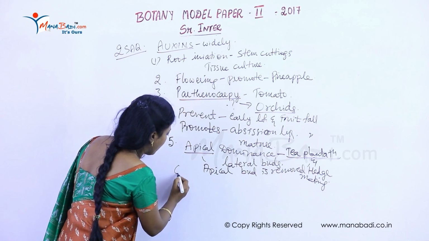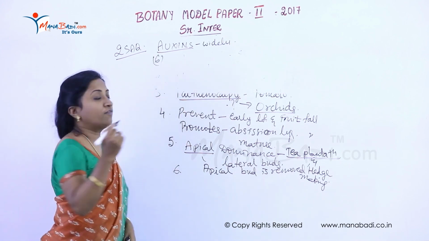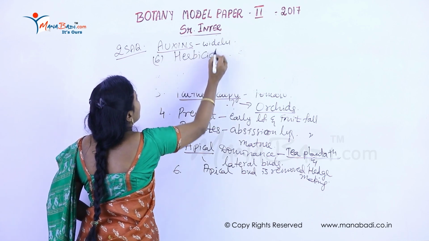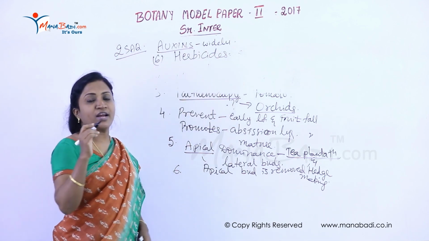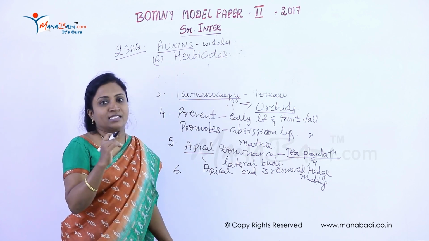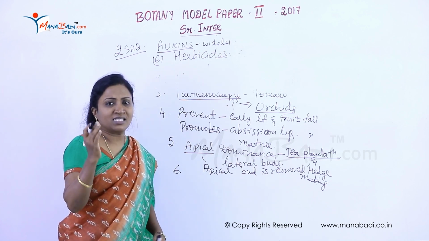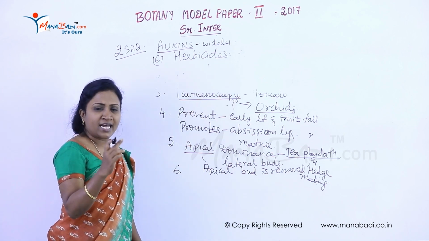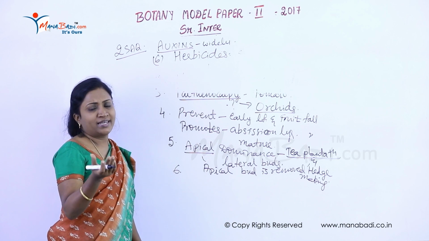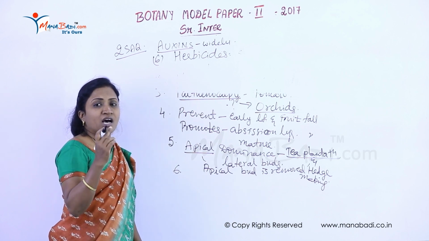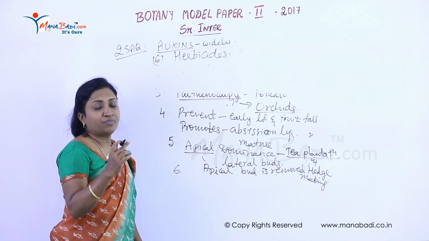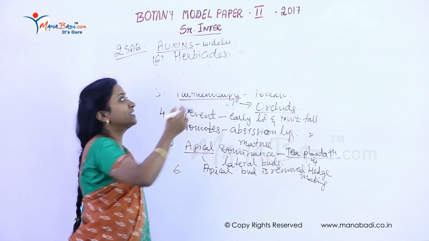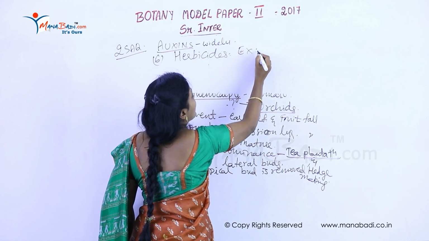Now coming to one more point, the sixth point: auxins are widely used as herbicides. What is meant by herbicide? A herb is a small unwanted plant, which we can also call a weed. So auxins are widely used as herbicides. An example of a herbicide is